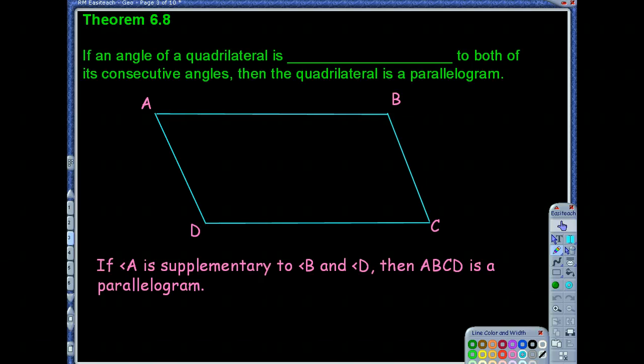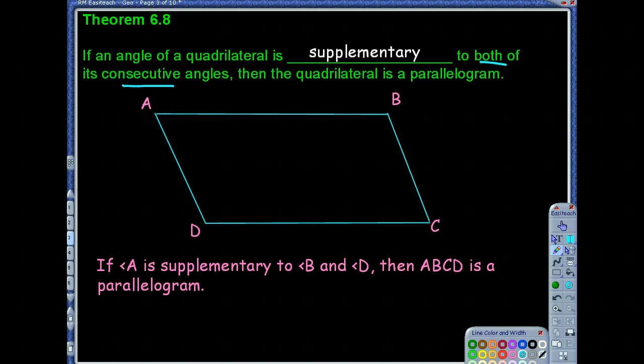Okay, so help me fill in the blank. It says if an angle of a quadrilateral is blank to both of its consecutive angles. Okay, well, when we talked about consecutive angles, we talked about them being supplementary. So if we know that they're supplementary to, notice it says both of its consecutive angles here, then we know it's a parallelogram. So if you look at this example, it says if angle A is supplementary to angle B